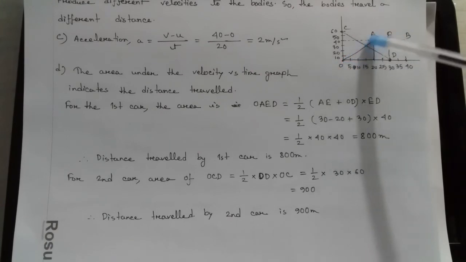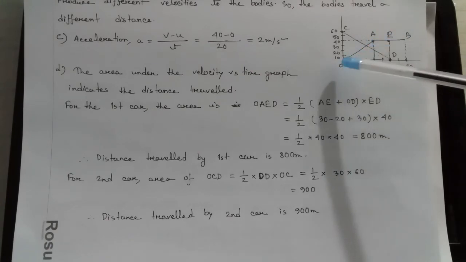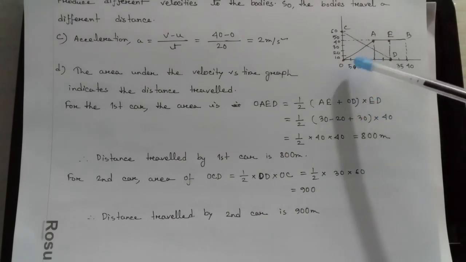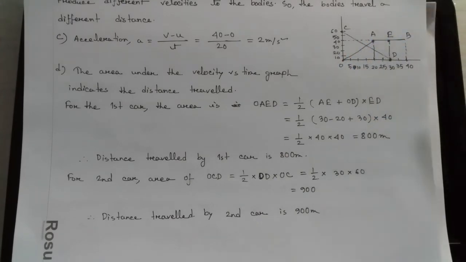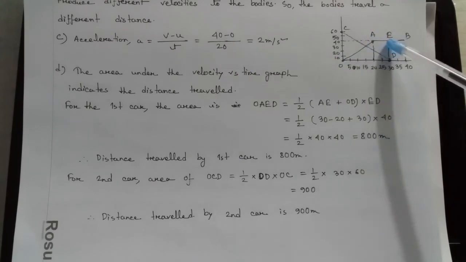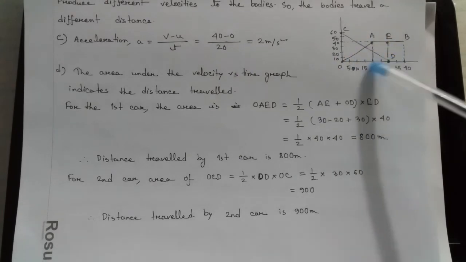So for determining the distance, we'll just count the area under OAE, this portion. So for determining the distance for the first curve, the area is OAED. If we just measure this area, this is just a